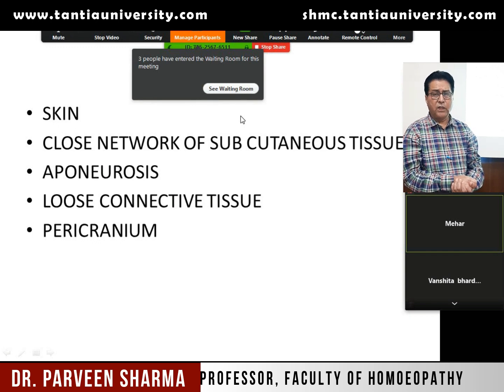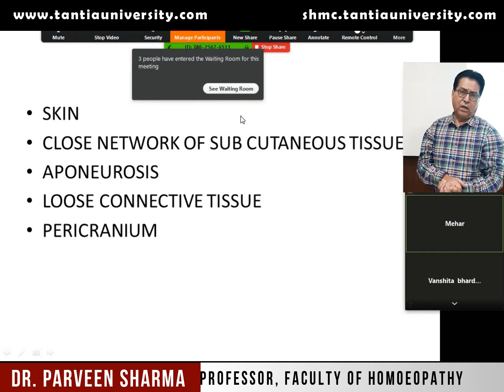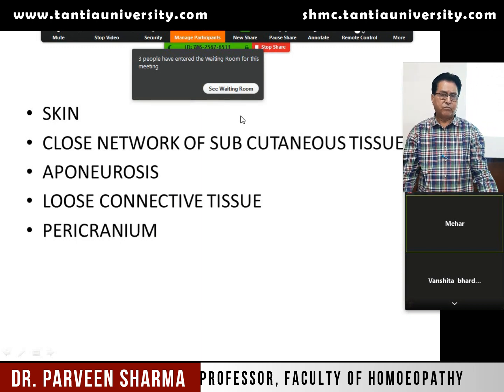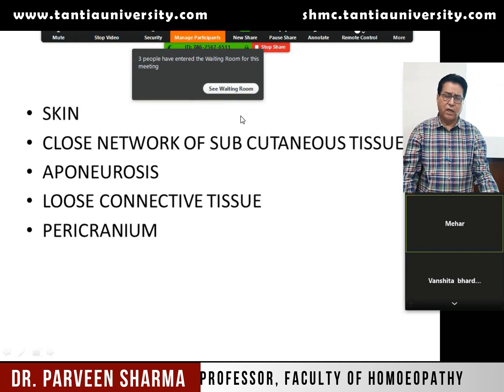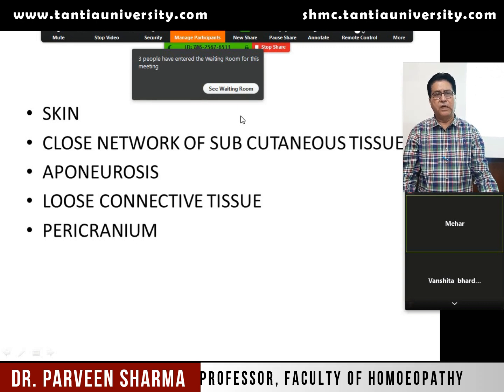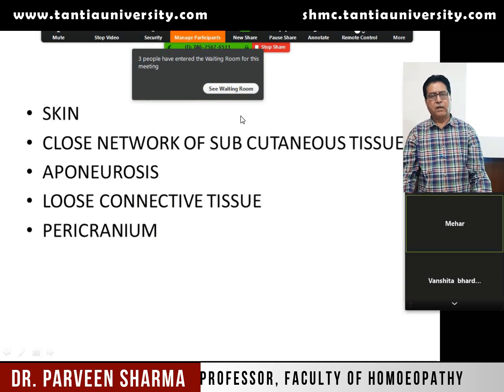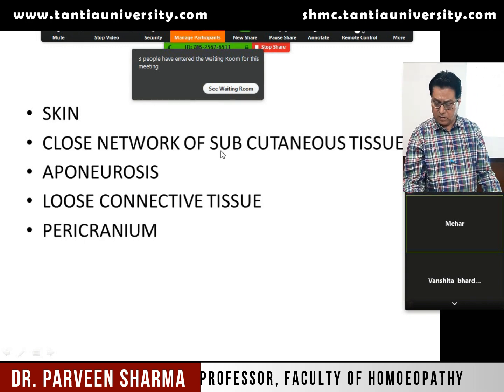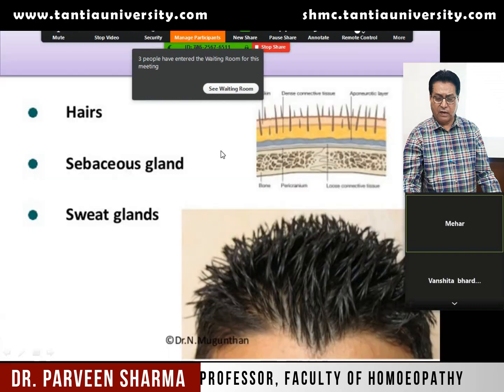Now when you come to the third layer, that is the aponeurosis, if you remember, the aponeurosis is thickened deep fascia. I keep on telling you, whenever I come across it, it is thickened deep fascia. When thickened deep fascia gives attachment to a muscle also, we call it aponeurosis. So on this third layer, you have the galea aponeurotica. I'll show you this layer also. You see, these are the 5 layers.